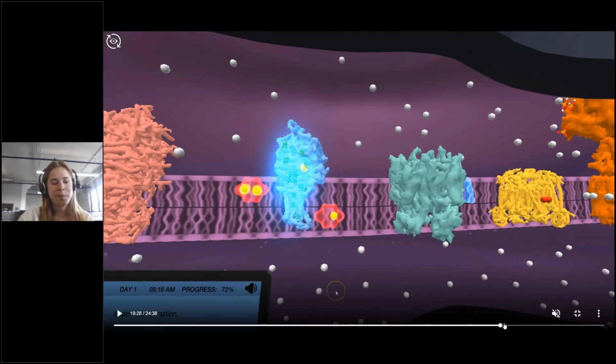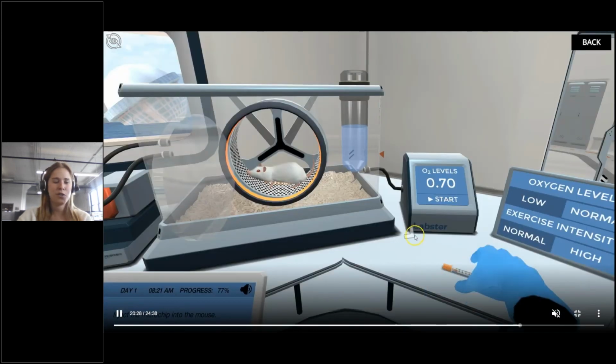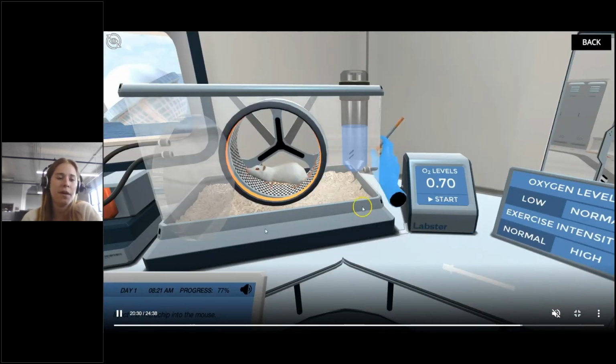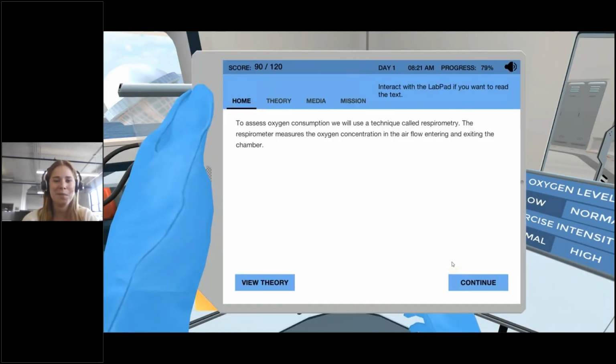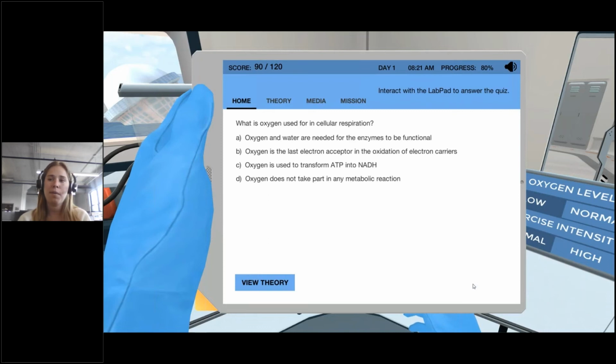As we move forward a bit into our lab, we actually are introduced to our trusty lab sidekick, Mr. Mouse. No animals were harmed in the making of today's class, so no one is skipping just to save the frogs and the animals. And we will go in and test the blood oxygen levels of the mouse and just kind of, again, build that hypothesis, start coming to a conclusion.